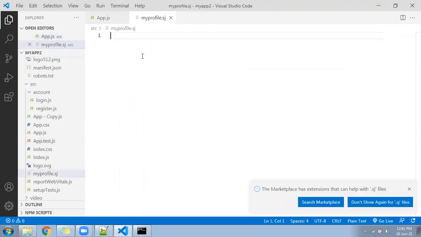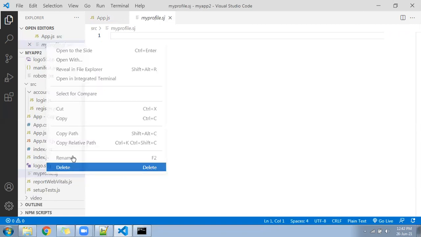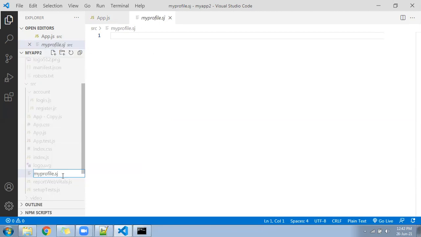Now I will be creating this component using a class component. Using a class component, I am going to create a multi-level, nested component. This video will be based on a class component. Again, I will create the next component based on a function component.